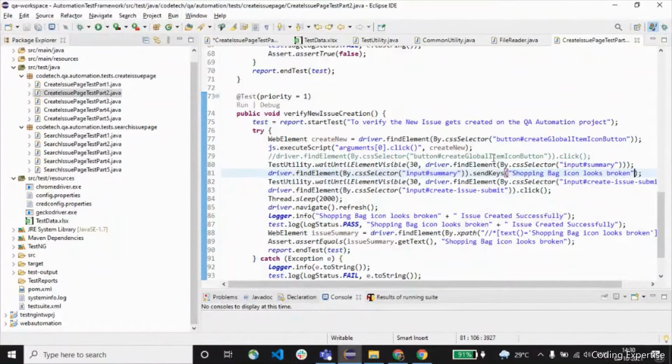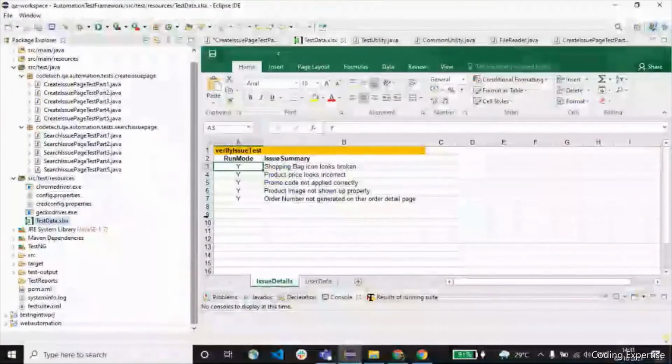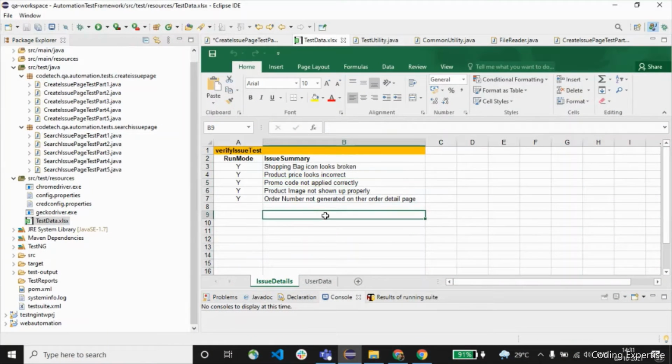With this hard-coded value, we can create only one bug, right? What if I want to create n number of bugs? So let's have a test Excel file. In that, I just wanted to give n number of bugs, and that should be a dynamic value. Here, in the left pane, I'll show you the test data file. 5 bugs I've mentioned here.